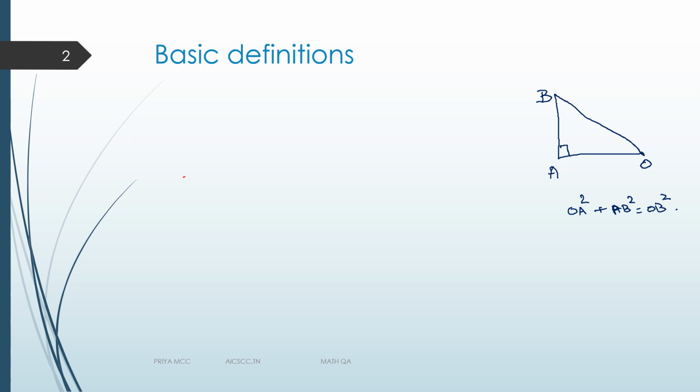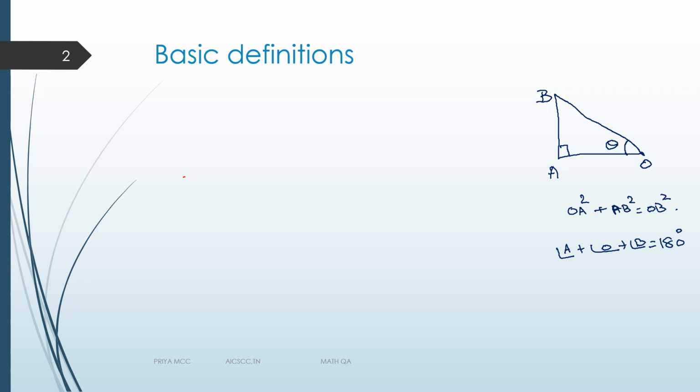Now there are three angles in this triangle. The corner angle is of course 90, but other than this we have the two angles. Now this base angle is what we are interested in. This angle is theta. Now we know that angle A plus angle O plus angle B is equal to 180 degree, because for any triangle, to get a closed figure you need three lines. With two lines, you cannot get a closed figure in the plane. Lines means straight line without curve. So when you have this closed figure, the sum of the three angles enclosed by the closed figure is 180.